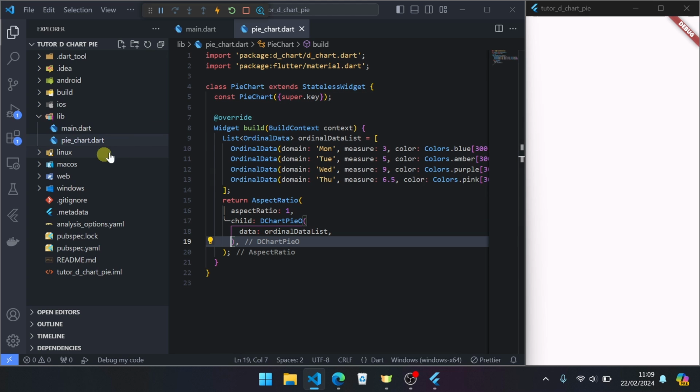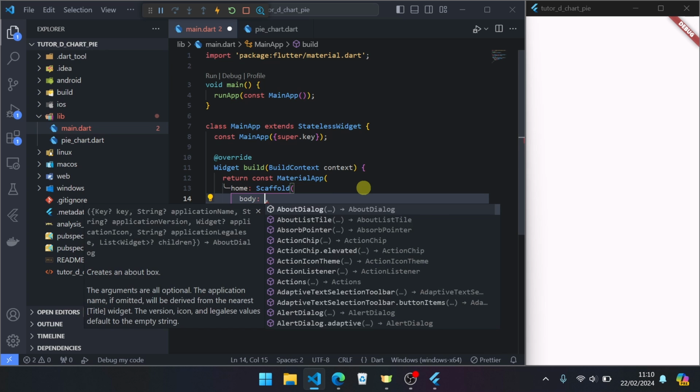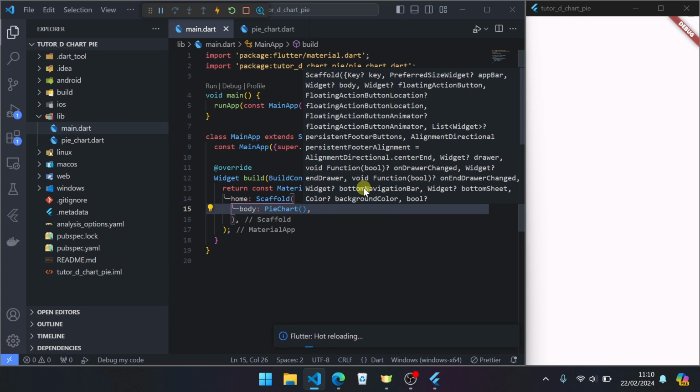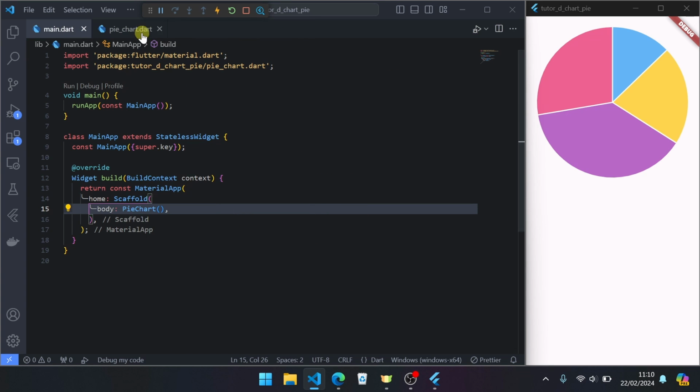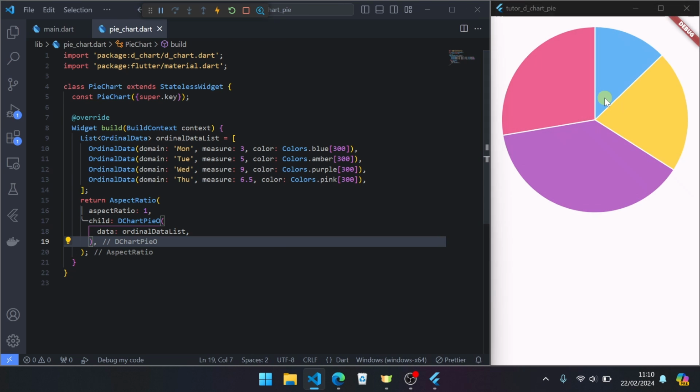Okay. Now call the PieChart widget in the Scaffold body and save. Okay. As you can see, now on the desktop window it shows the pie chart.